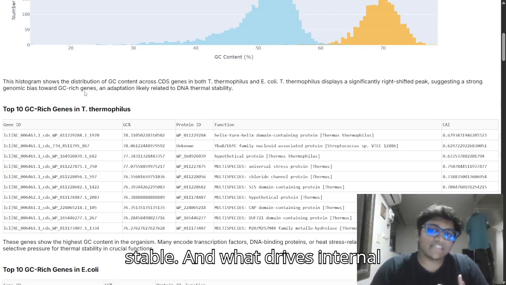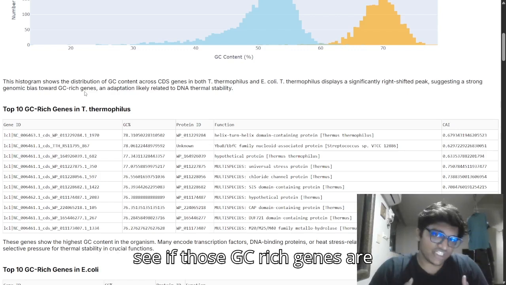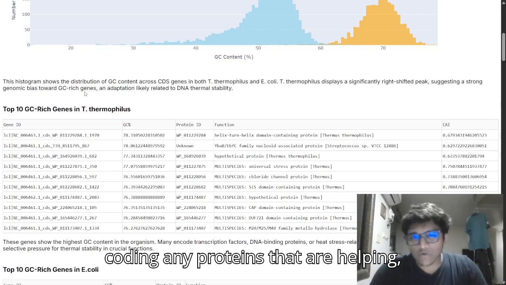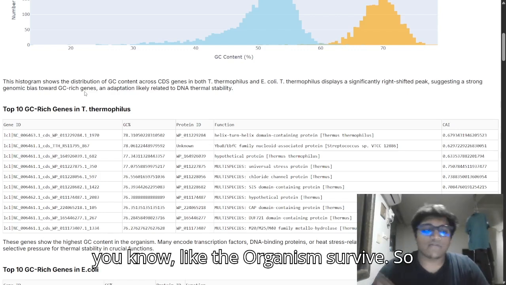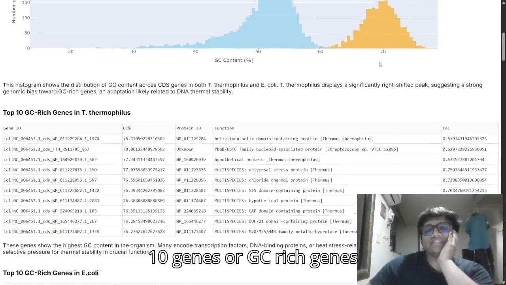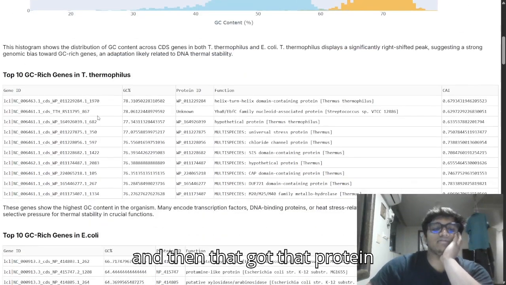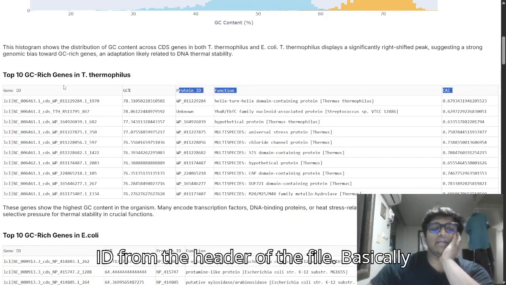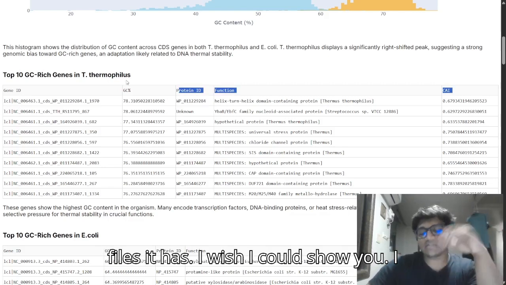And what drives internal functions? Proteins. So now we're going to see if those GC rich genes are coding any proteins that are helping the organism survive. So what we did was take the top 10 GC rich genes, and then get their protein ID from the header of the file. Basically, when you download CDS files, it has